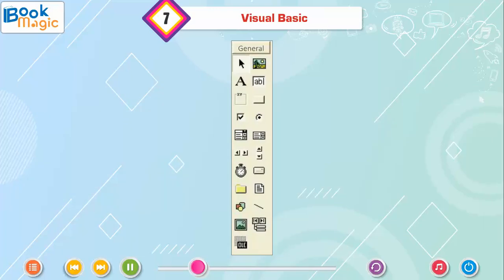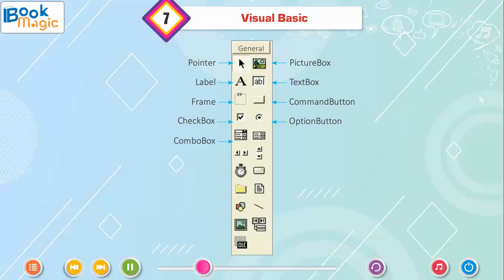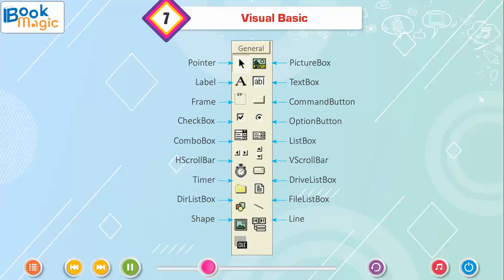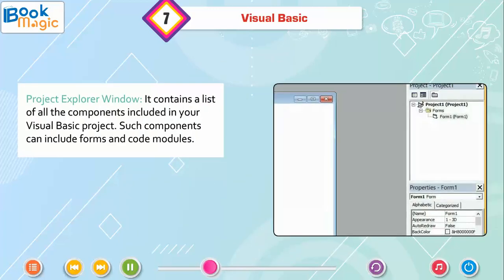Control, general, pointer, picture box, label, text box, frame, command button, checkbox, option button, combo box, list box, H scroll bar, V scroll bar, timer, drive list box, dir list box, file list box, shape, line, image, data.